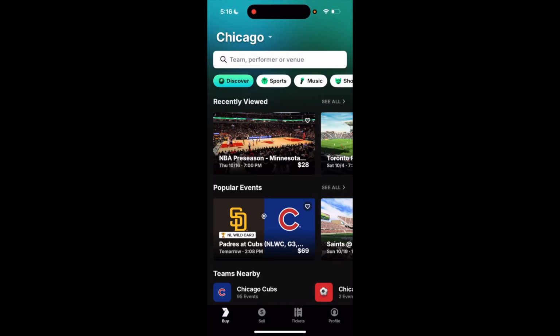So in this Game Time tutorial video, I'll be showing you guys how to buy UFC tickets here on Game Time. So once Game Time is opened up, just go to the bottom left and press buy. Once you guys are here on this top bar where it says Discover, Sports, etc., go ahead and press on